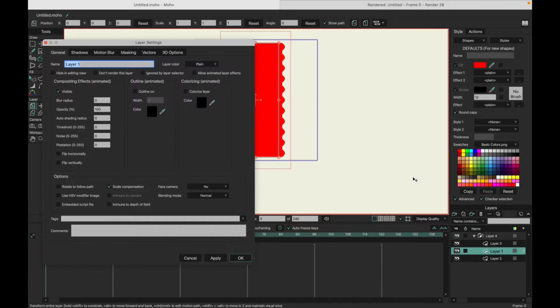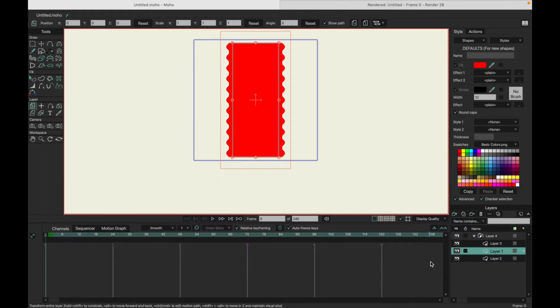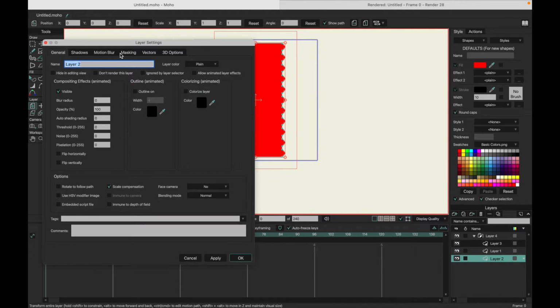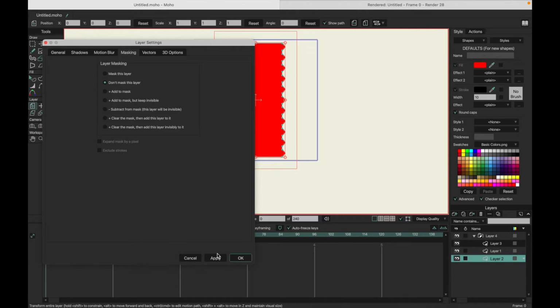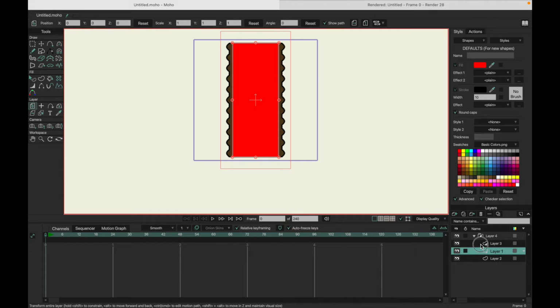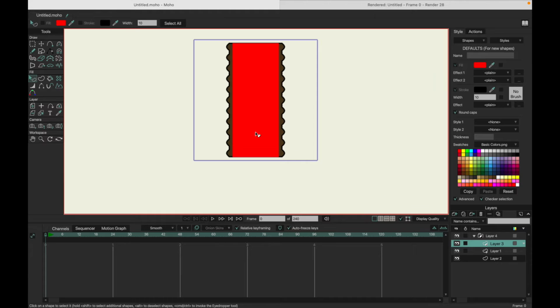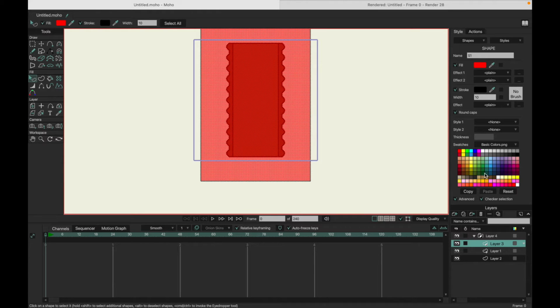So what we're going to do is go to this one, masking, add to mask, apply. Then we're going to go to this one, masking. Don't mask this layer. And as you can see, it's in the confines now of this layer only. So nothing outside the layer is showing. So now what we're going to do is take this layer, make it the color we want it, go to